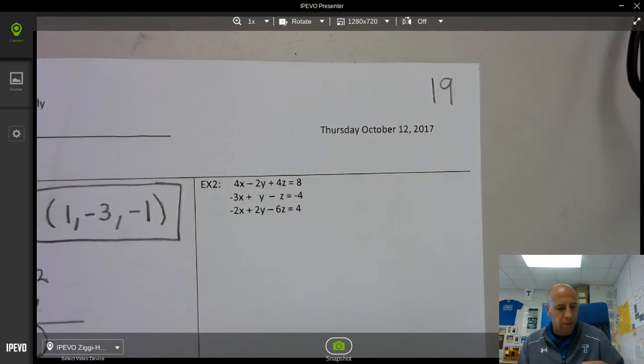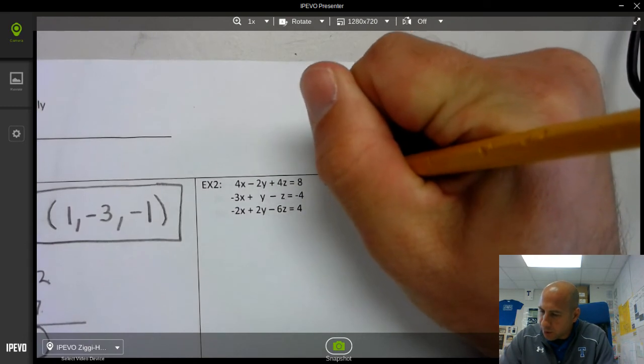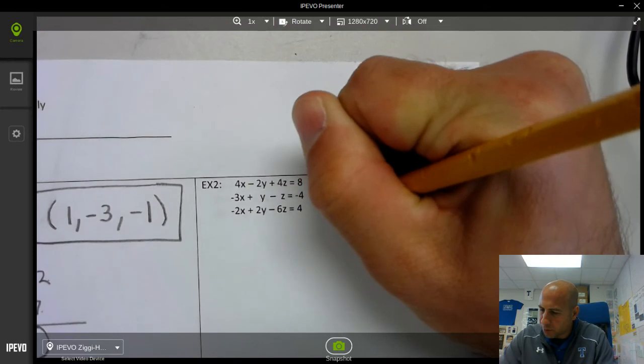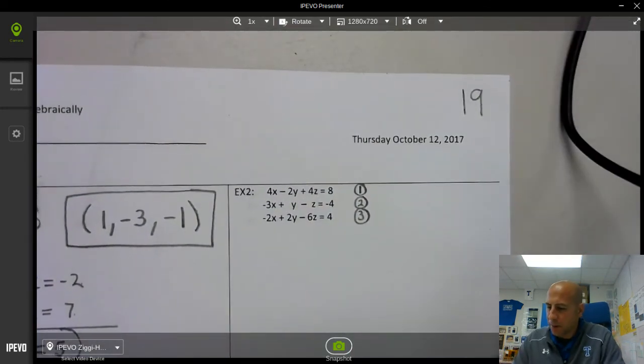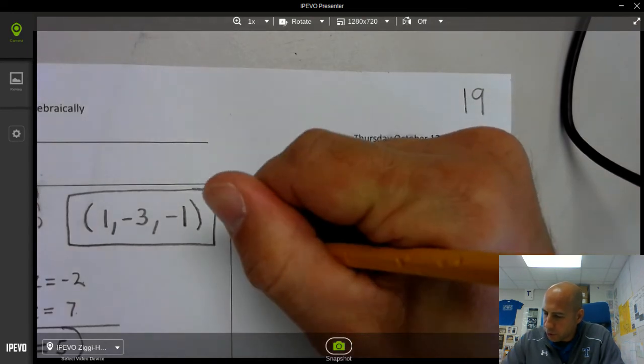All right, so step 1, number the equations 1, 2, and 3. Now, in the first one I did like little line dash. You can also do circles when you number them. Okay, so it's equation 1, 2, and 3. All right, and so it looks like I want to use 1 and 3 first because of the negative 2y and the 2y. Okay, so we're going to use equation 1,